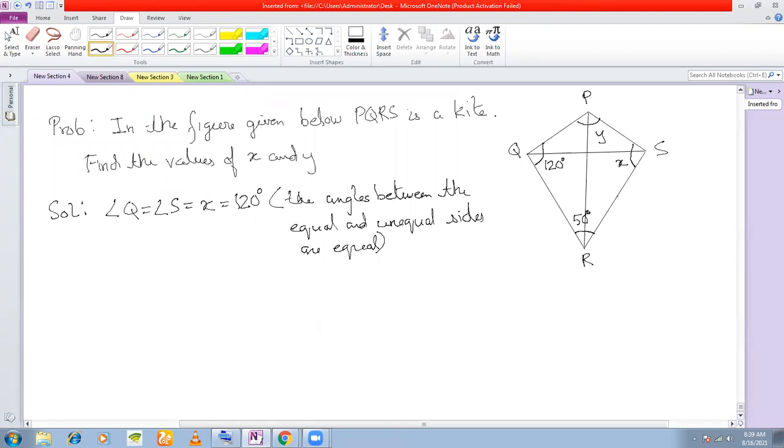The shortest way is you have already found out x, right? So in the figure that you draw, once again just write this to be 120. Now you see that PQRS is a quadrilateral, right? In which you know three angles. So you can obviously find the fourth angle. You don't have to use any property of kite, right? Yes, sir, that's only I was thinking. So PQRS is a quadrilateral.